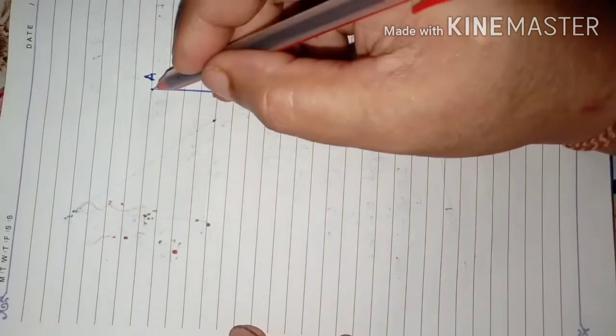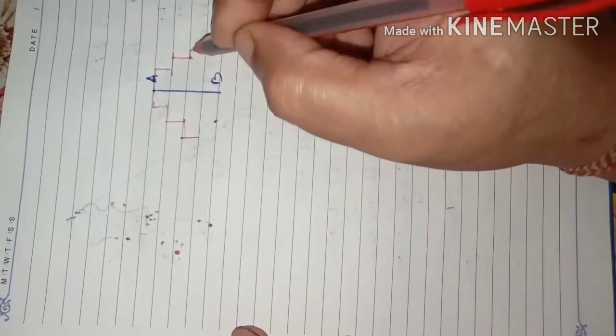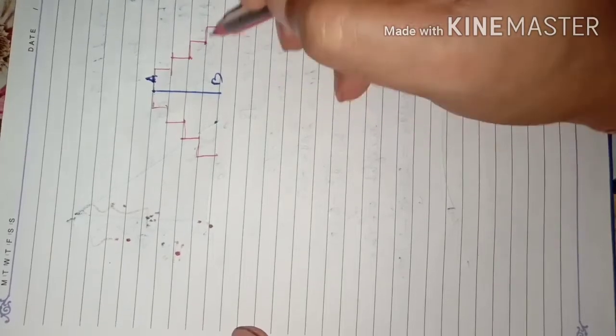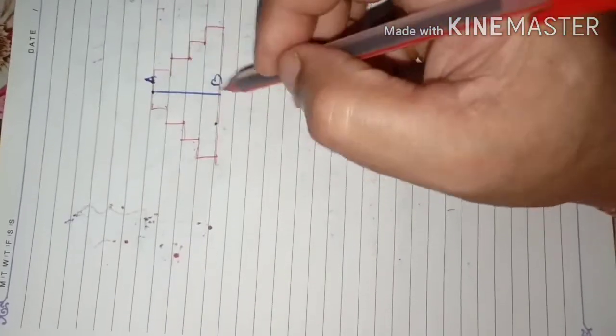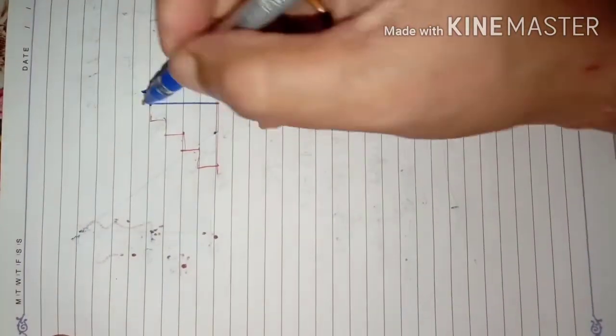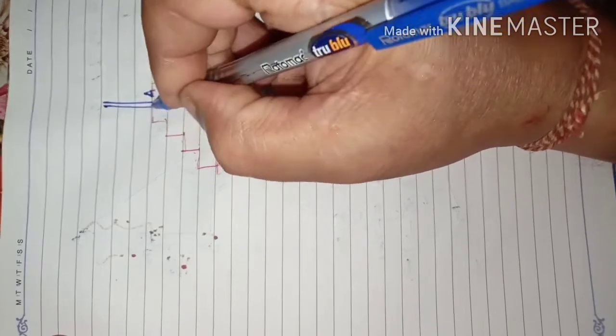So this AB is suppose the pedestal. Pedestal means, you know, where steps are there to go up. A statue is there on top of it, like this. So this is the pedestal, and you can climb up this way. AB is the pedestal, and on it there is a statue, and the height of this statue is 1.6 meter. So say CA is the statue.